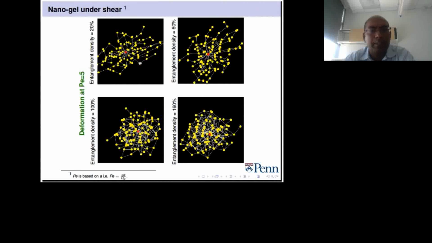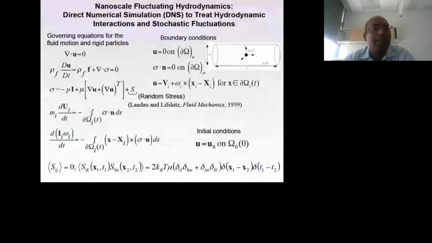So this is one of our first modeling efforts that actually tells you that as a function of cross-linking of the dextran and as a function of shear flow, here is a prediction of how deformable these nanogels are. And of course, we are now in the process of actually computing internal stresses and relating them to these types of strain behavior to get overall elasticity predictions and things like that, which would then be validated through in vitro AFM type experimentation. Another approach that we have taken to include hydrodynamic interactions is using the approach of